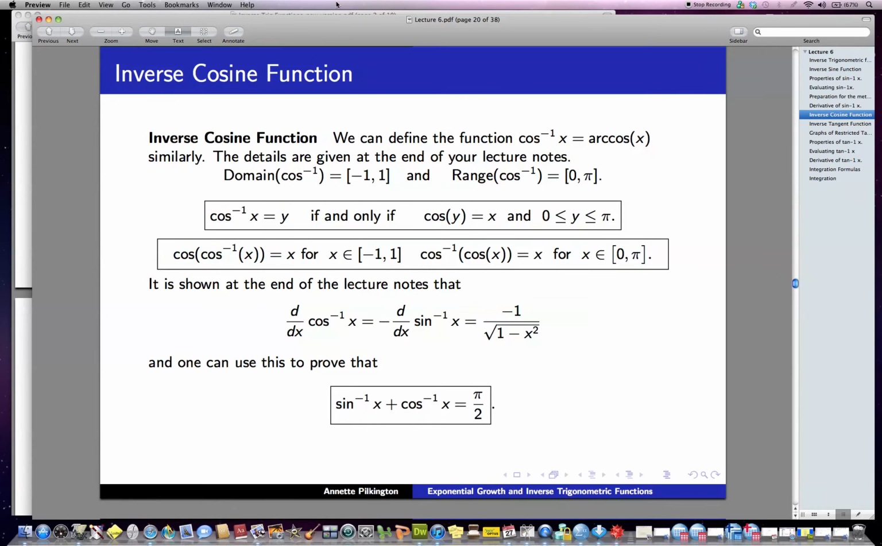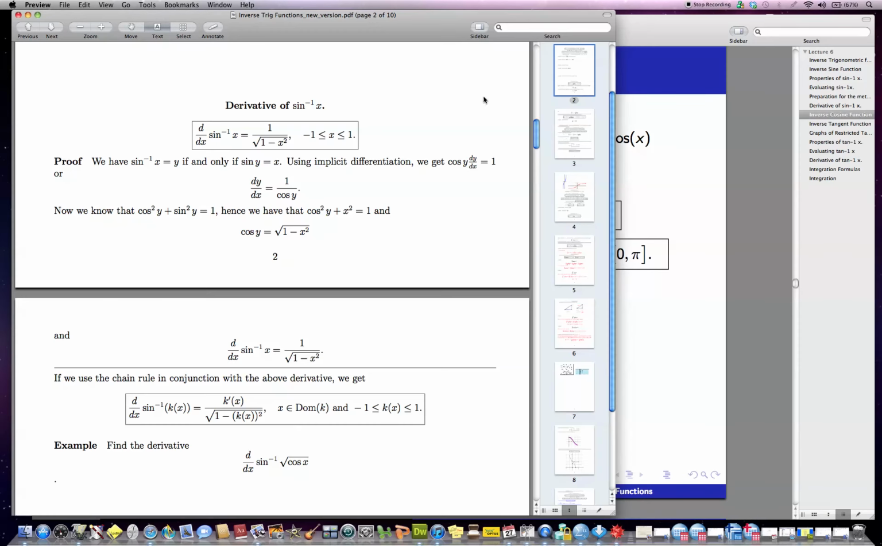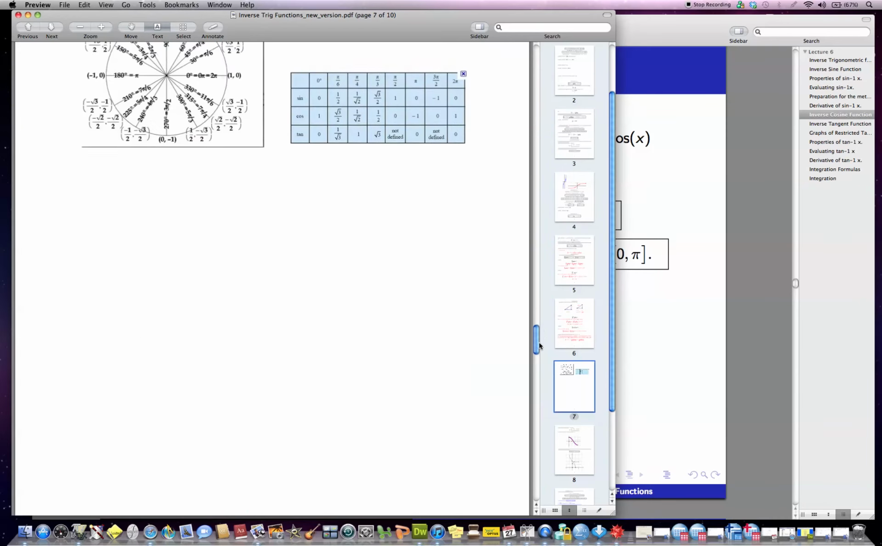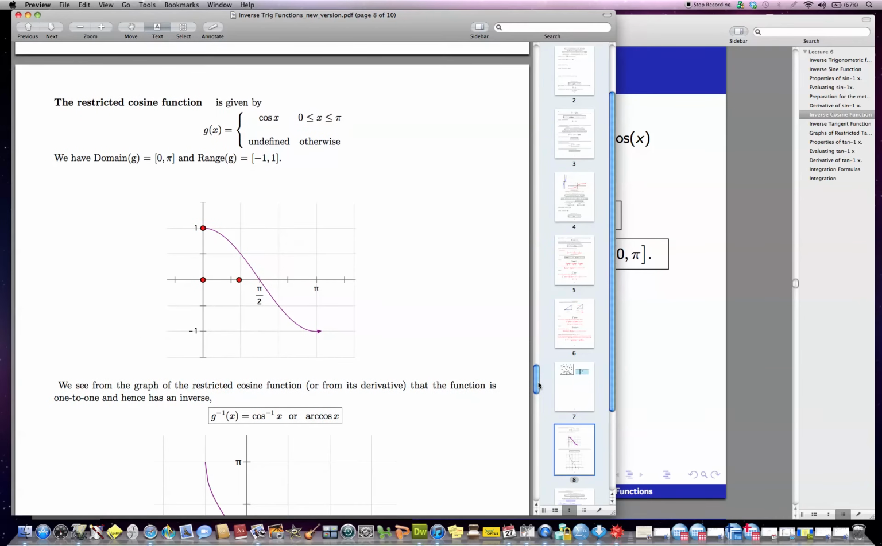We can also create an inverse cosine function by restricting the domain of the cosine function. At the end of your class notes, you'll see that we have some graphs here. We restrict the domain of cosine to all angles between 0 and pi, and this creates a piecewise defined function called the restricted cosine function. G of x is cosine for x between 0 and pi, undefined otherwise, and here's its graph, which is 1